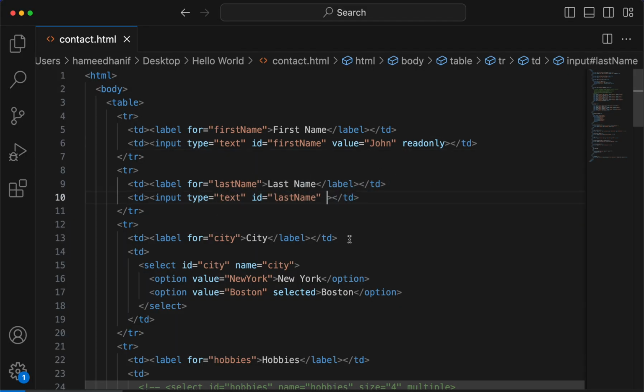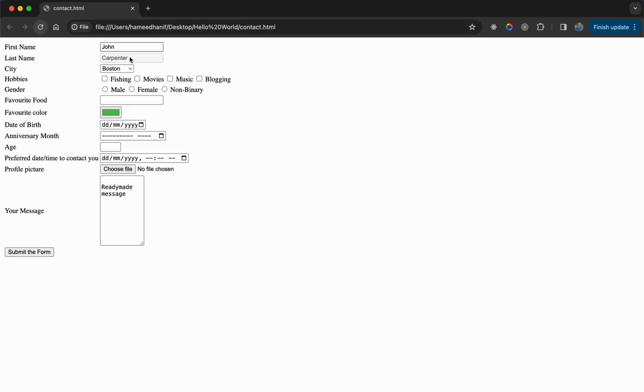Now I'm gonna add a disabled attribute. Let's see what happens. Now you have a John and Carpenter. The only difference is, I'm here, the focus is here. John's value can't be changed, Carpenter's value can't be changed, but the only difference is I could focus this text